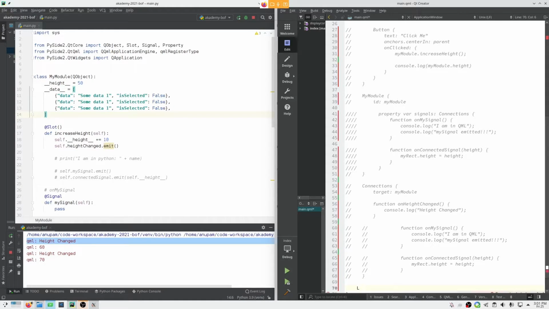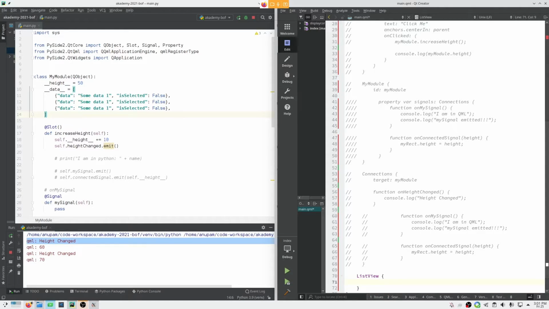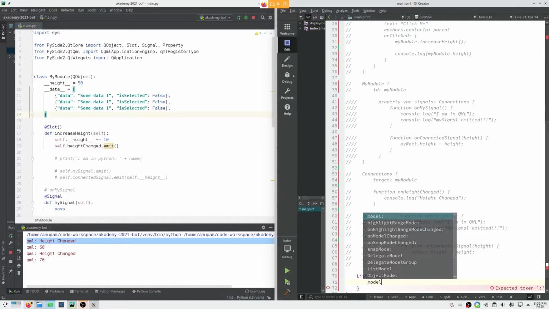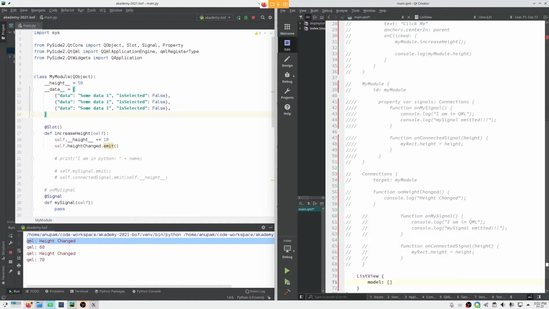In QML there's something called ListView, which shows delegates or objects in a list, top to bottom or left to right. Let me show you how ListView works. ListView has something called model, which accepts anything that's iterable, either a JavaScript array or JavaScript object.